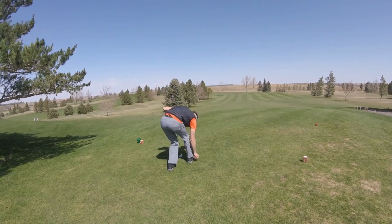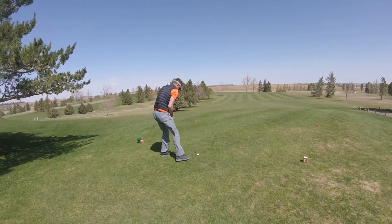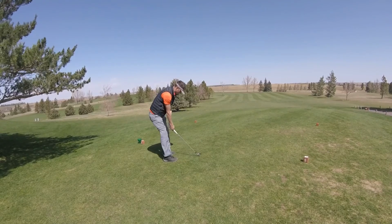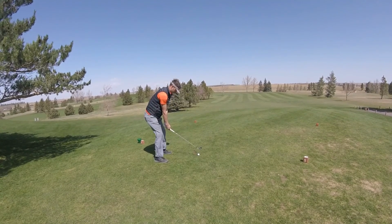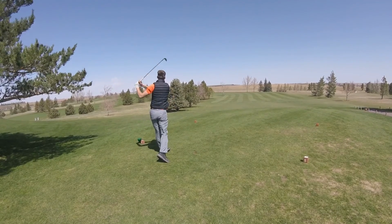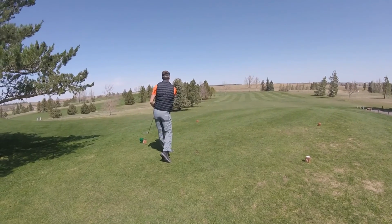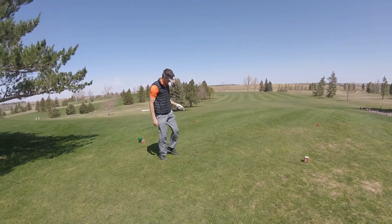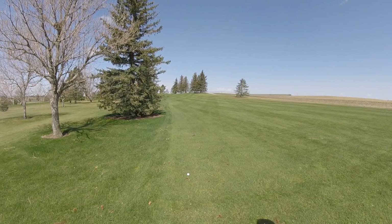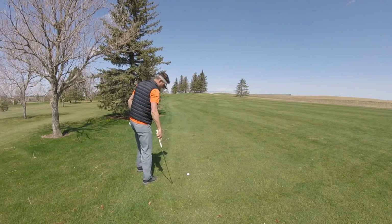Alright, back to the dogleg left. 7-iron is always the play here. With this wind, as you can see, it just keeps picking up, especially on top of this hill. You have to be sure to strike it well. And I did. I hit it with a draw, a nice strong draw, to make sure that it stayed in, and it stayed dead straight the entire time. Put me into the left fairway, and well, now I'm not happy,